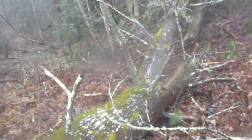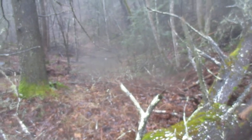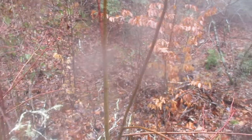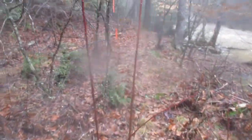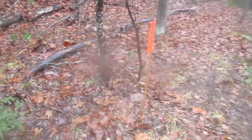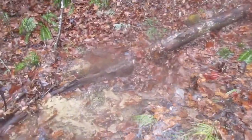They didn't identify this, but there's a spring right down here. Like I said, I'm still in the construction corridor. There's a spring right down here that's got water coming out of it. You see water, standing water there. So I'm right at the center line now, and you got water